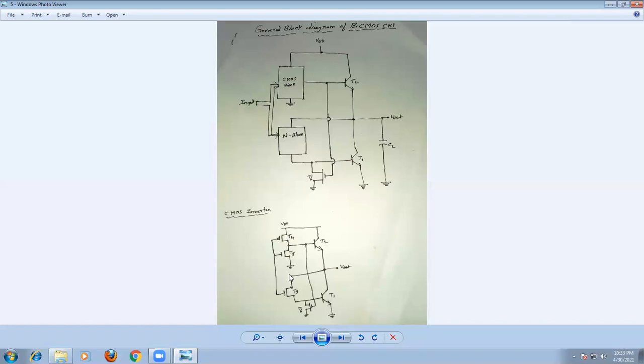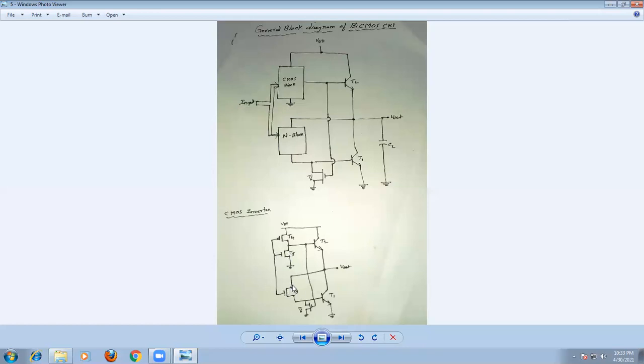In the CMOS inverter, this is the P block and this is the N block. We have only one transistor in the N block. Take the same N block transistor here. Whatever logic we have here, take it as it is here. The bottom of the CMOS will be connected to the ground, and we are taking the N block here. This is the N block.